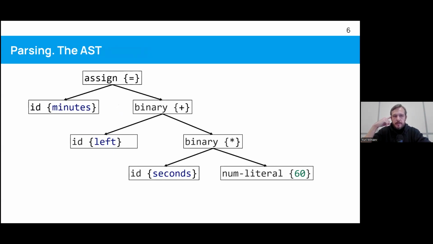It would look like that. So meaningful nodes with some meaningful information minus punctuation, parentheses, and stuff like that. We collect from code what we need to collect to understand what's actually going on there. How do we know how to build this kind of AST?